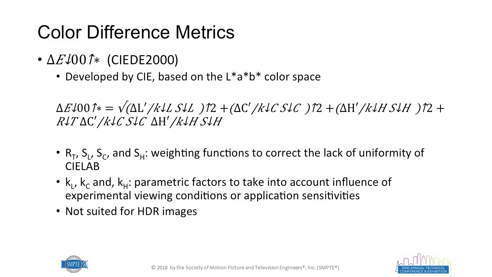Now let's talk about color difference metric. Again, I don't need to spend too much time on this, but in the SDR world, CIE DE 2000 is kind of the reference right now to calculate the color difference between 2 points. It's based off the LAB color space. It has a few more parameters to compensate for lack of uniformity, and you enter your 2 points and you get a color difference. It is not suited really for HDR, at least not this version, because it was really developed from a set of images that was